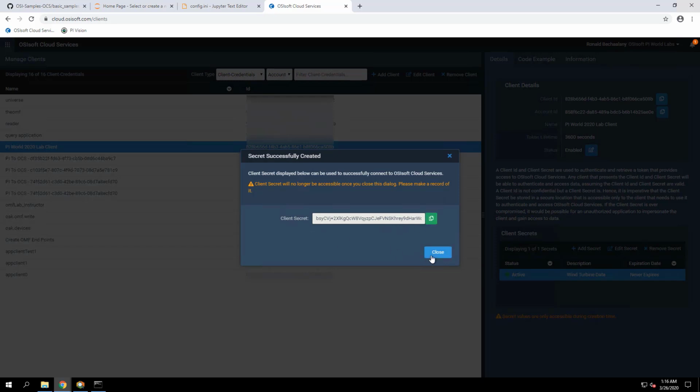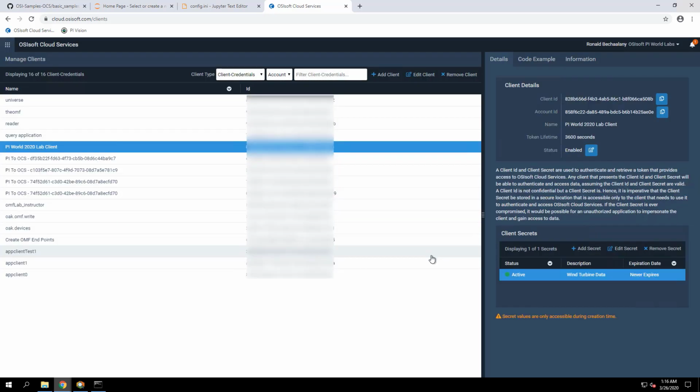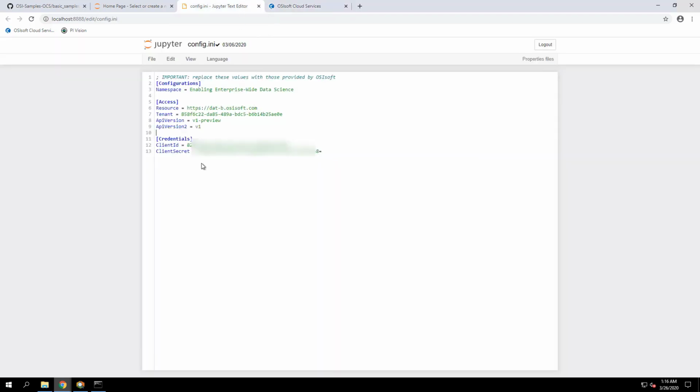I'm going to close that, and I'm not going to create that secret, but that's the idea: if you've lost the client secret, you can create a new one if you have access, and then you can use that in the configuration file. Make sure you specify the client ID.